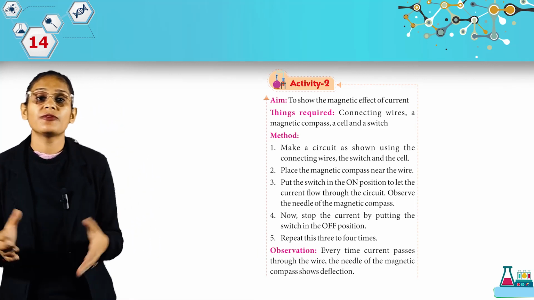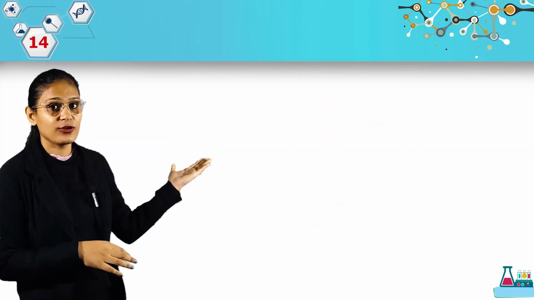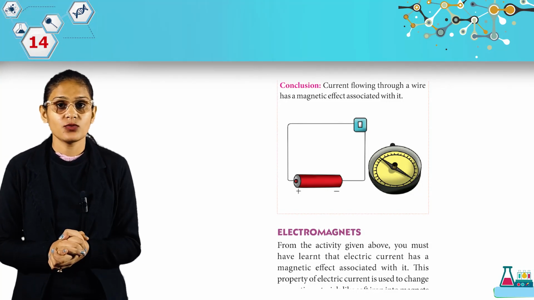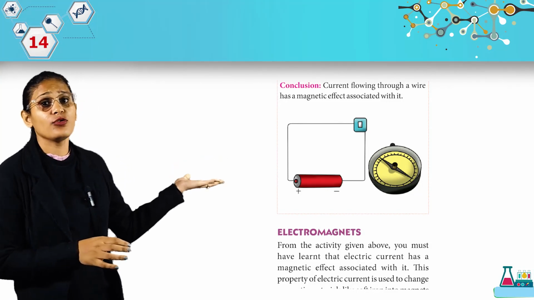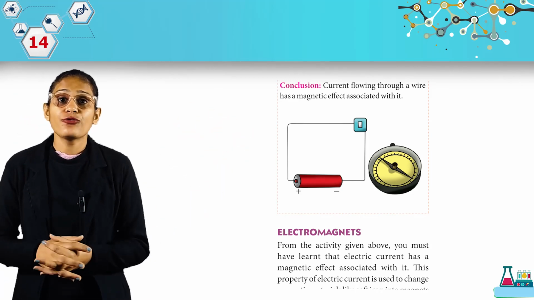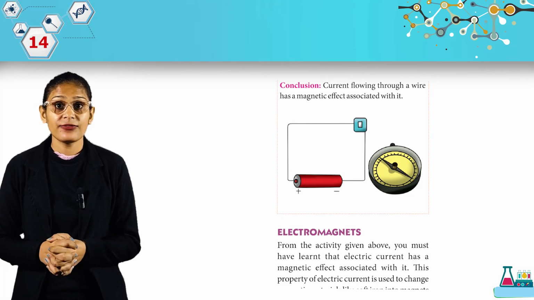So student, you can perform this activity with the help of your teacher in your laboratory. Here we have the conclusion. Current flowing through a wire has a magnetic effect associated with it. Now look at this. That's how you have to make a setup. Now we have electromagnets. From the activity given above, you must have learned that electric current has a magnetic effect